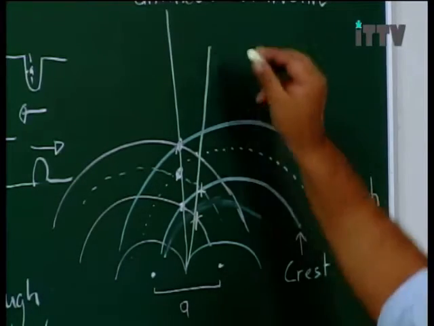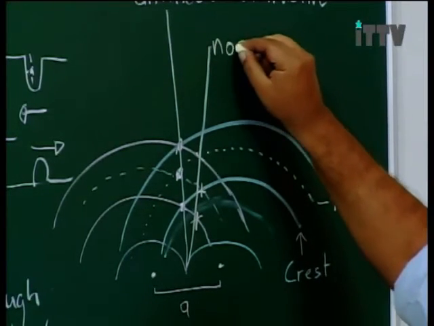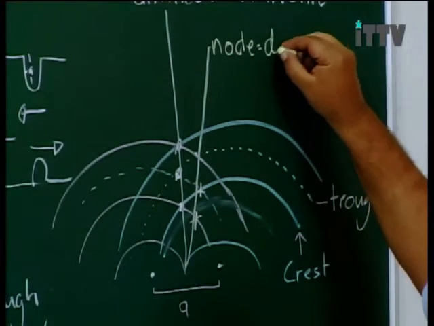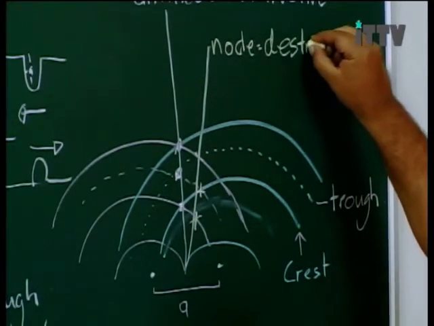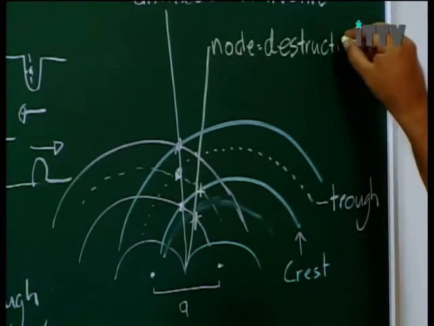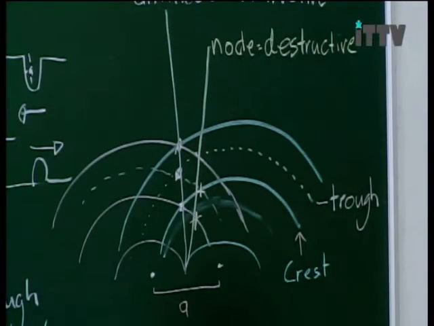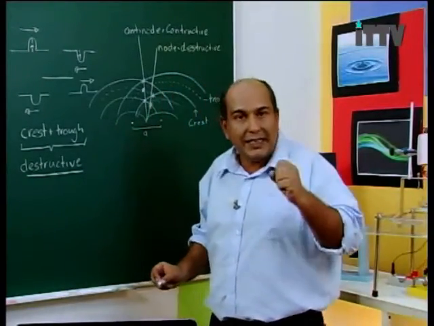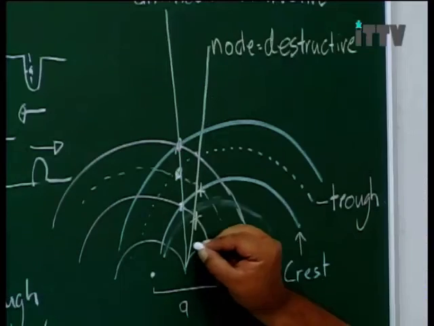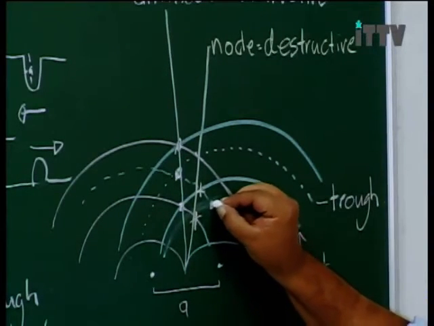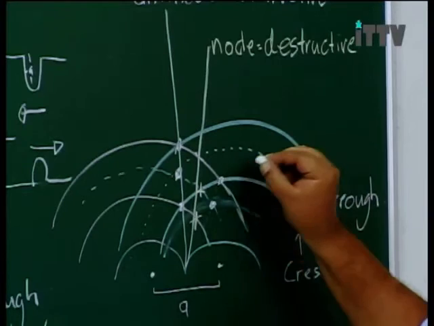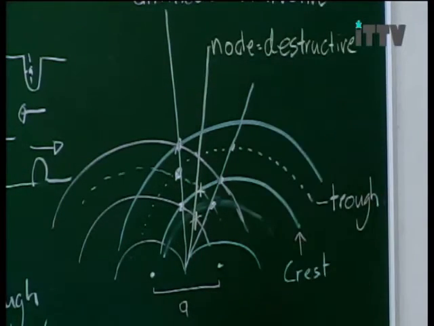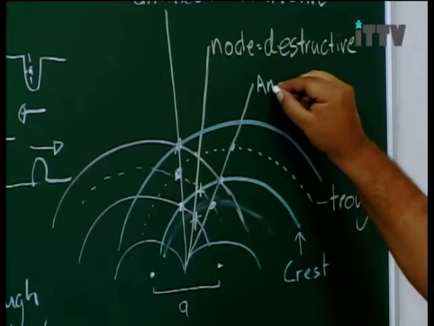So it's the node. So here is the node. And remember, your node represents destructive. Now, if I continue, I can find the next antinode. So if I go along here, I will find trough and trough, crest and crest, trough and trough, and I get a second line here, which is, again,